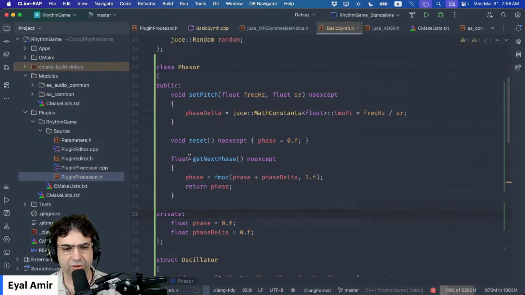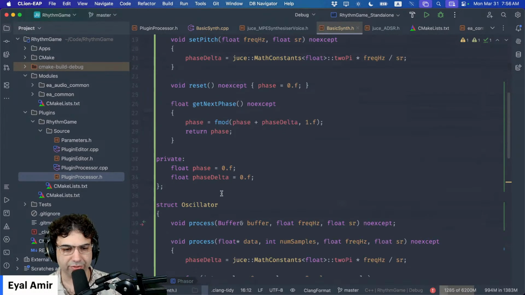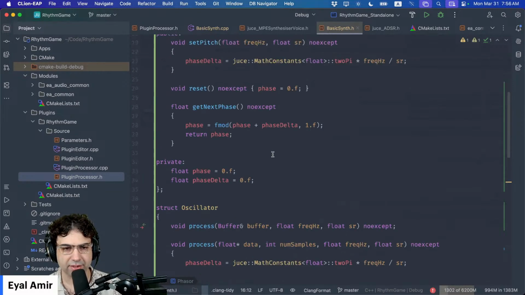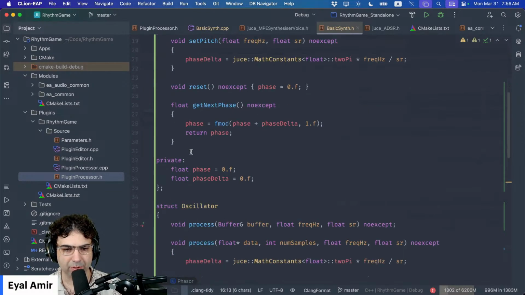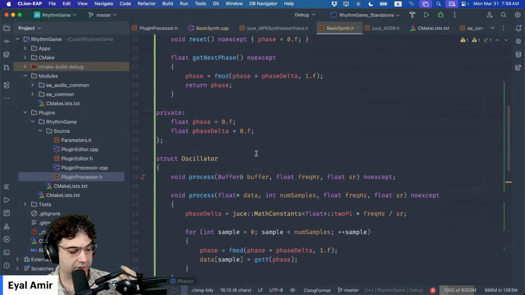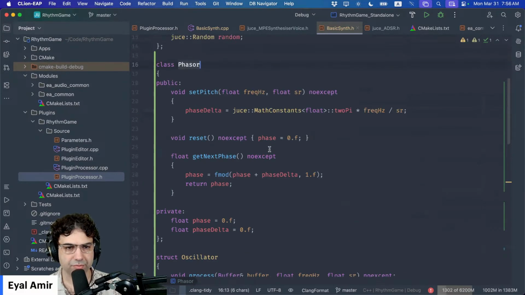variables. And I'm actually doing this because it's likely that in the future I will make the phasor its own thing, where it's going to write to a buffer, and I'm going to pass this buffer to a bunch of different things. I might not need to make it so involved inside of the synth. It's a good reusable element even without the actual sound. So this is our basic